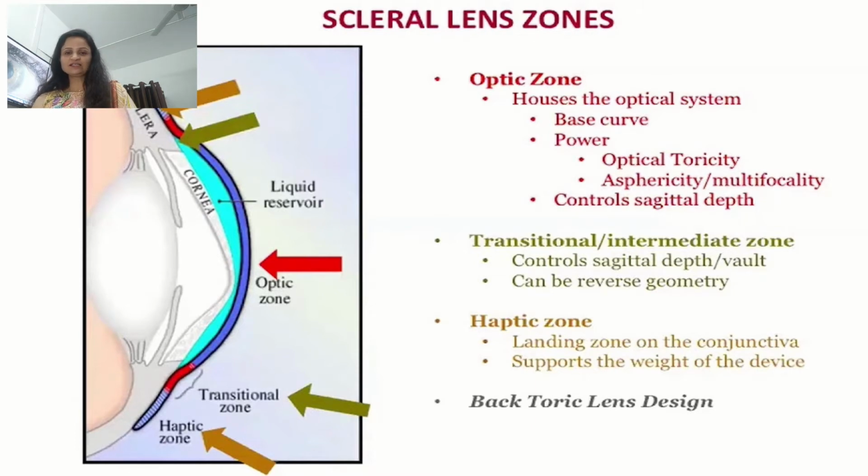Once the contact lens trial is successful, then the contact lens is ordered, because within the trial set the lenses are without power. During the contact lens trial, we also check what additional power is required, and then send the contact lens for customized making. Once this is sent for making, we get the new contact lens. Now this is how a typical scleral contact lens looks on the eye.